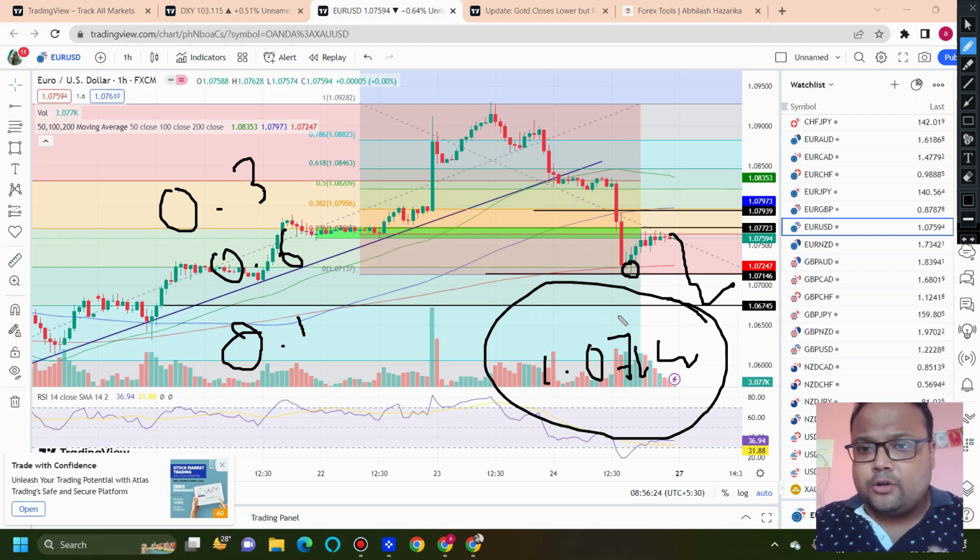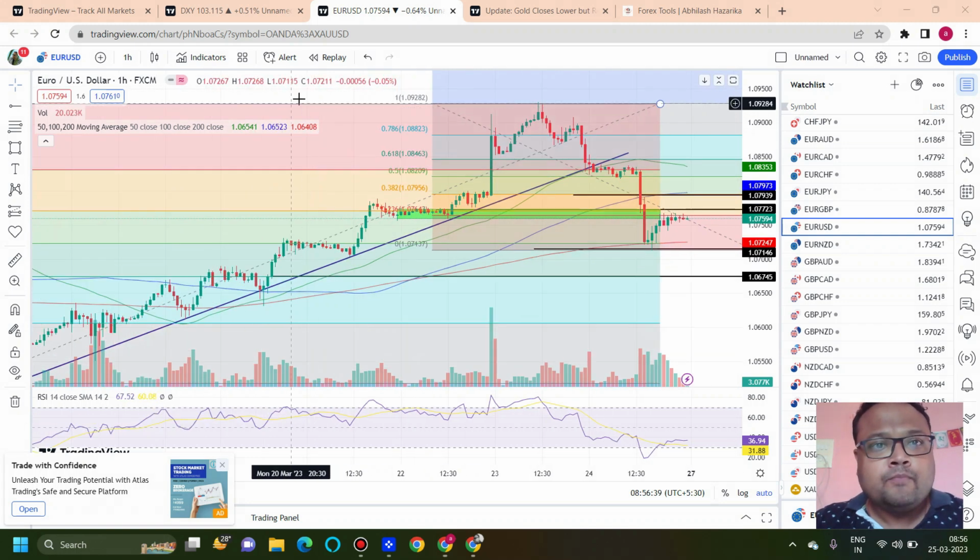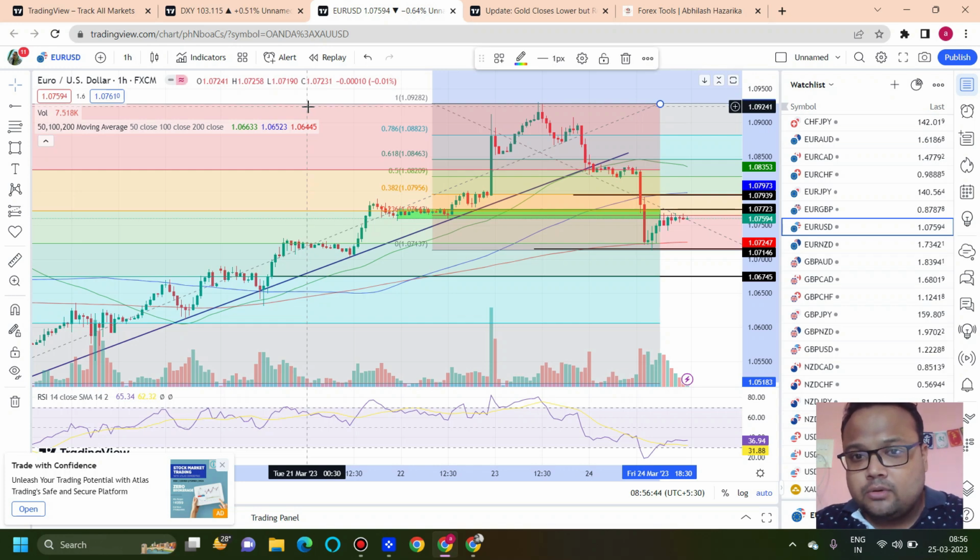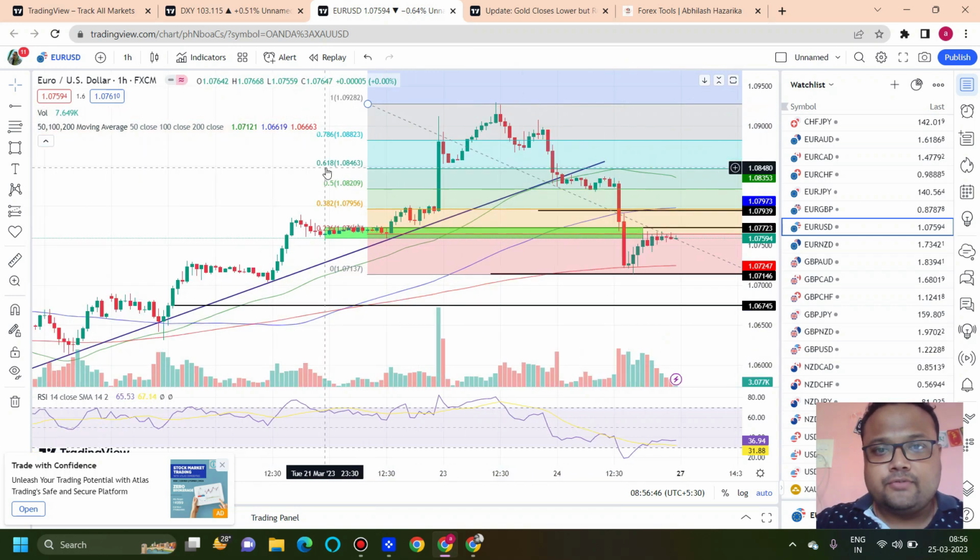If the market takes support, you can go for a buy. And if the market breaks 1.0714, it can be a little bit risky, but you can consider a sell below 1.0714 as well with proper risk management. So these are the two trading opportunities that I see on the chart of Euro USD if we consider the overall uptrend market. Okay, so let me remove the first Fibonacci